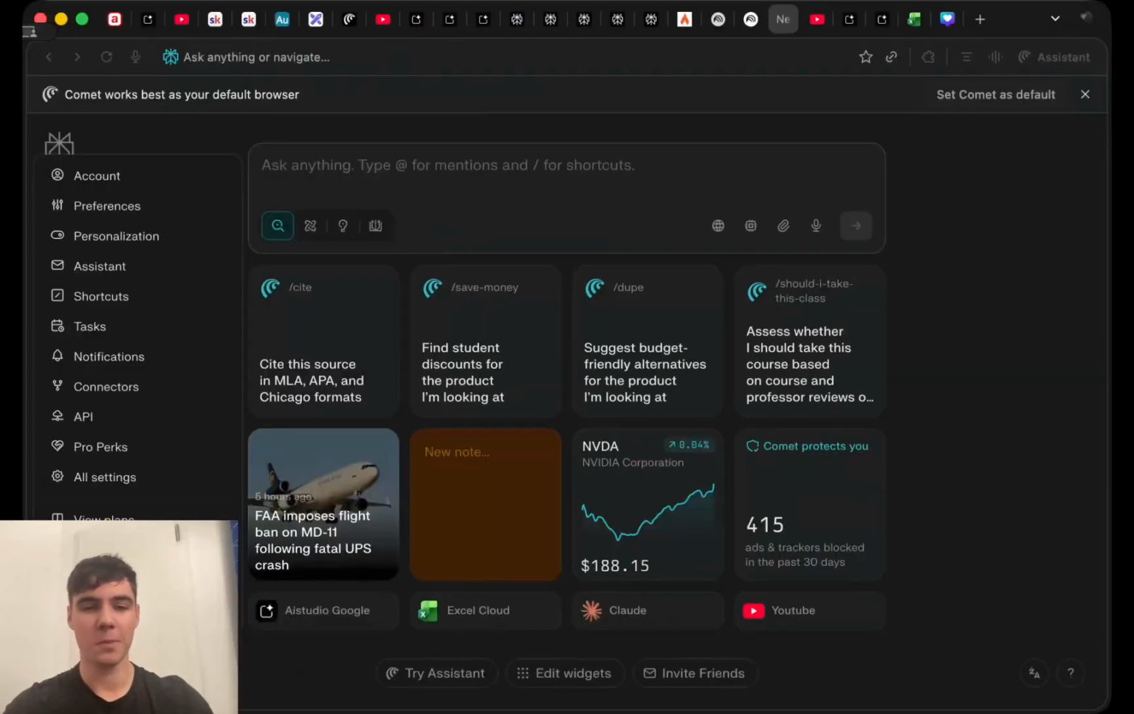Hey guys, I'm here in Comet, and today I'm going to show you my 4 best practices that you can use every single day to automate processes inside Comet. If you don't know, Comet is the Perplexity browser, which enables you to navigate inside your browser and do tasks